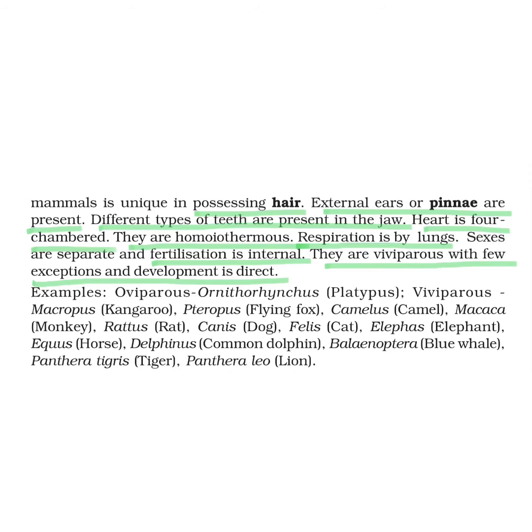Then if we see the circulatory system, the heart is four chambered. This feature is very similar to class Aves. They are also homeothermic. So these two features are exactly similar to class Aves we have discussed right now. The heart is four chambered, two auricles and two ventricles, and the homeothermous nature means they can maintain their body temperature. It doesn't fluctuate with the changing environment. We all know we maintain our body temperature, it is almost 37 degrees.